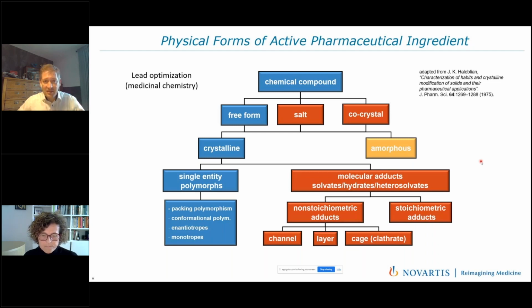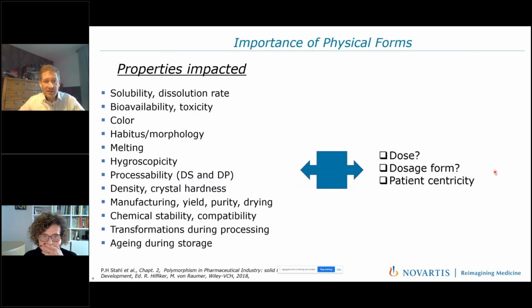And this is the type of landscape that we have to investigate and where we need to take a decision on which form, in terms of chemical composition: the free form, the salt, or the co-crystals, either as crystalline or amorphous material, but also to consider the target crystalline form in terms of polymorphism or pseudo-polymorphism. And this turns out to be super important because all of these individual forms have different physical properties. And maybe if you go to the next slide, you will get an idea about the different physical properties